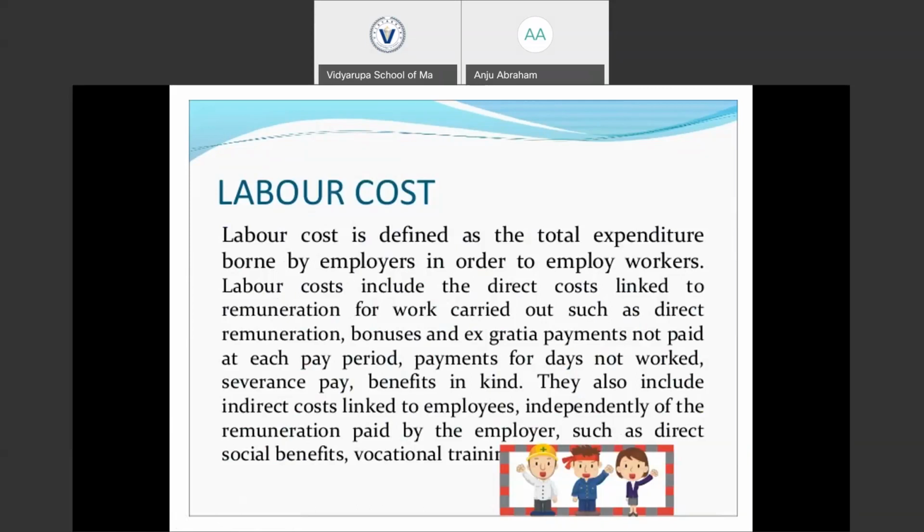Specifically, the labor cost includes the direct labor cost and the indirect labor cost. In the direct labor cost, we have the direct remuneration, bonuses, and any other payments made in kind to the employees by the employers. And the indirect labor cost includes any social benefits, vocational training, or any recreational facilities provided by the employers to the employees in the course of their work.